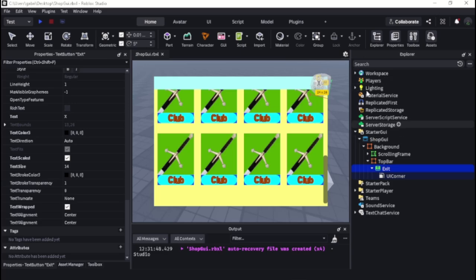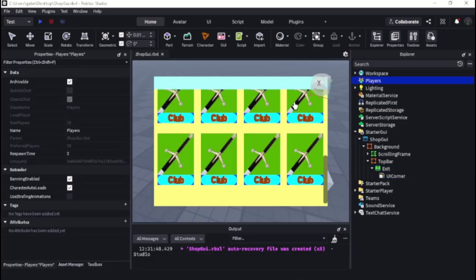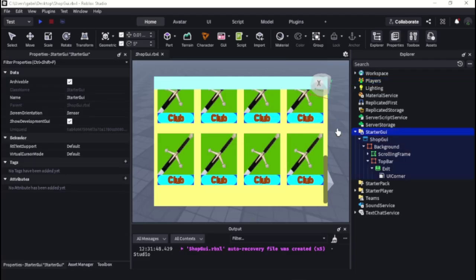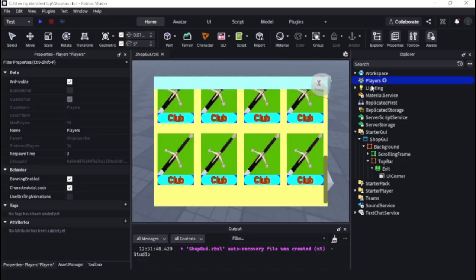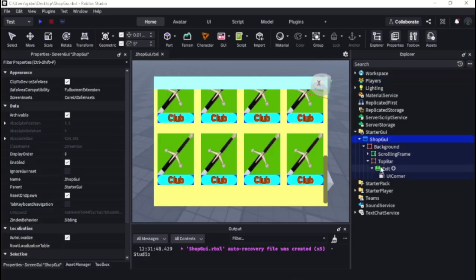And of course, the starter GUI will be in, you can see the player's GUI inside players.player, the player's name. Let's say my player's name is, don't use real, because that's my username. If you run the game, you'll see inside the player scripts, inside the players, because that's where we get where this starter GUI clones. It creates the player GUI. And inside the players, it will be player GUI. Okay, and you will see your own screen. So everyone has their own screen. So you use local scripts inside starter GUI. And yeah,